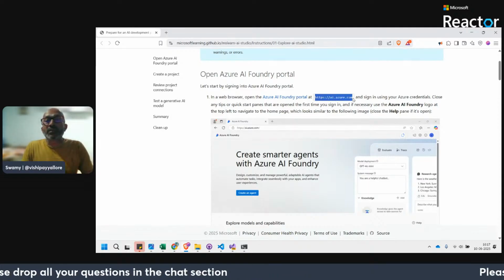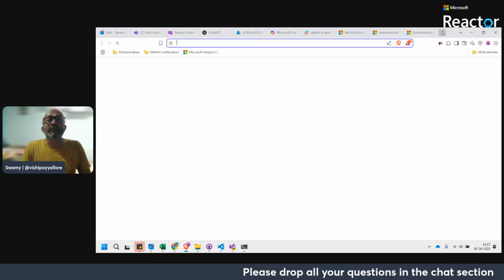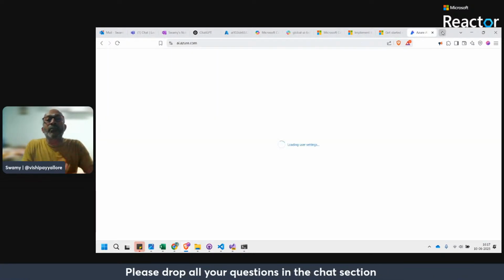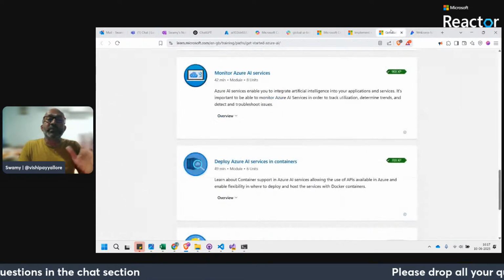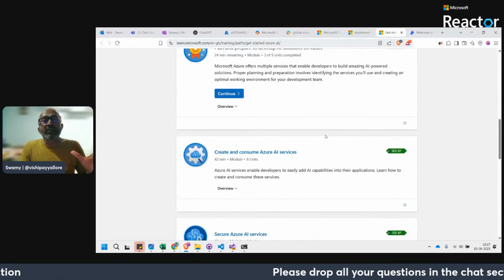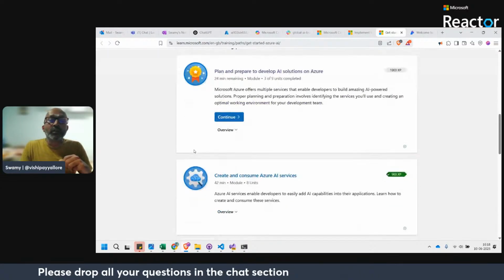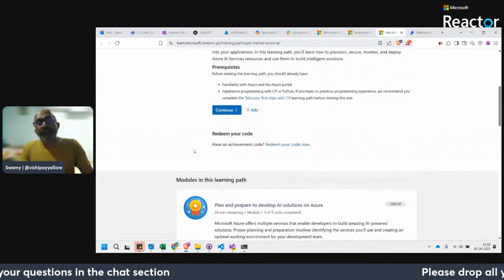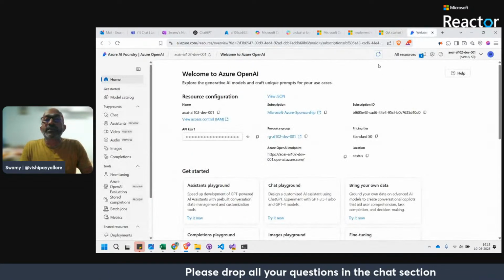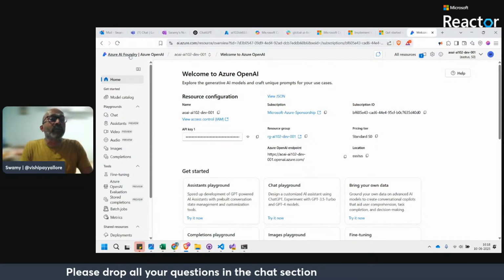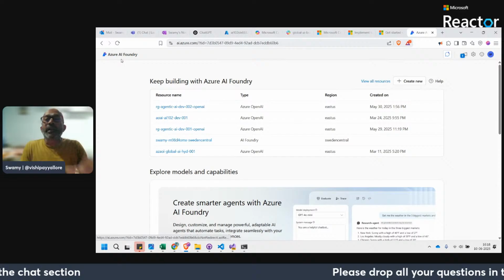Let's go to the AI Foundry, and we'll spend some time to understand what AI Foundry is and other things, because this is content which has come in latest. Along with this, we completed this entire chapter, but there were a few changes. This first module and the sixth module were introduced, so we are backfilling those. We'll come back to this one. So this is the AI Foundry. We can click on it, and it will take us to the AI Foundry page.